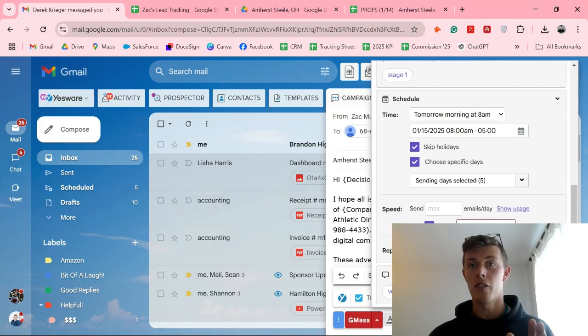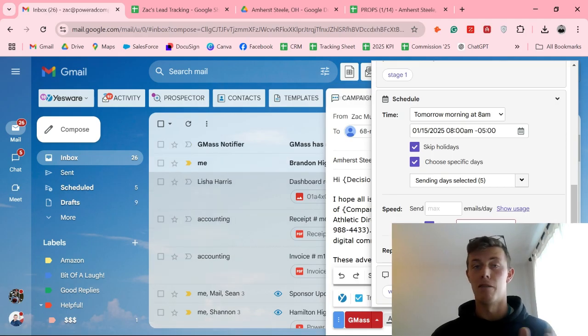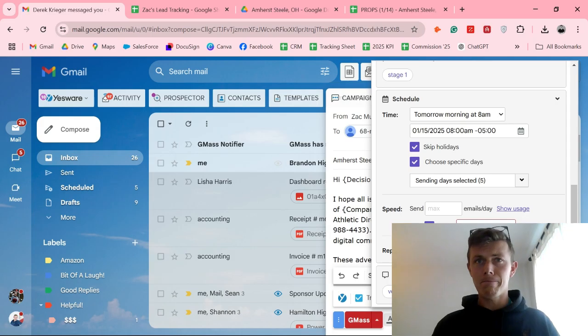So one email is going to go, and then 5 to 10 seconds later, the next email is going to go. Then 5 to 10 seconds later, the next email is going to go. I usually like to kind of set it at 1 to 5 minutes. I feel like that's a pretty realistic pace. But depending on the type of the day, the time of the day, how many